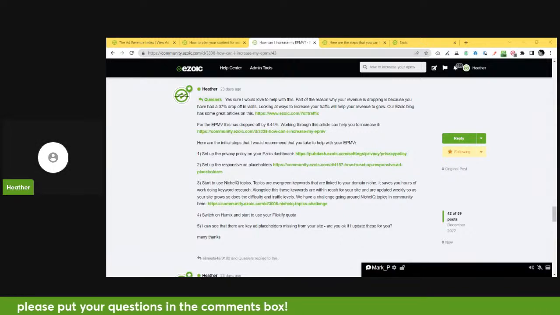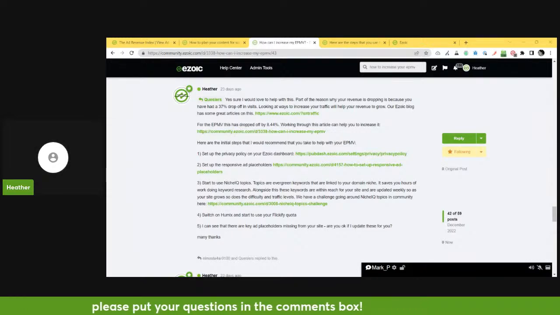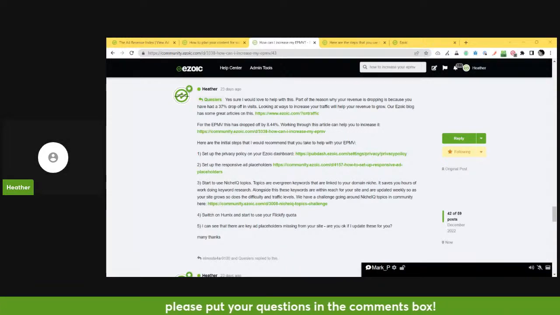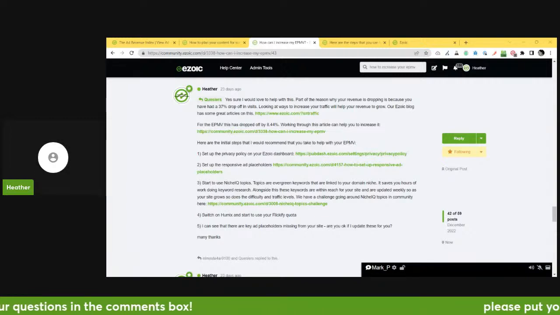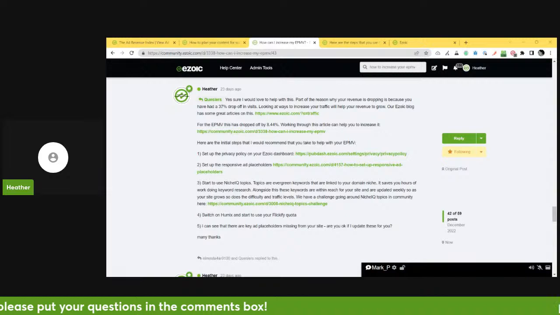I work with a lot of sites that have traffic from India, and the EPMV for India is traditionally low, and that's for a number of different reasons. Partly because the traffic from India does tend to come in on mobile devices, and obviously mobile screens are a lot smaller, and so we can't put as big ads on the site as if the traffic was coming to desktop. So that alone impacts EPMV. So I'm not fully familiar with traffic from Nigeria, so I don't know if that is similar to what you were experiencing, but it might have been.